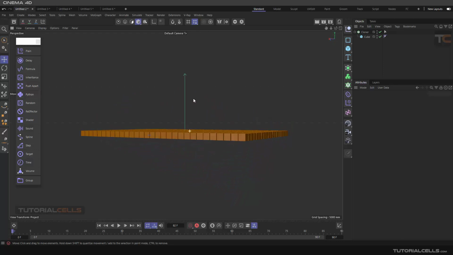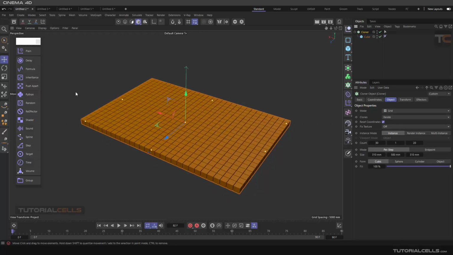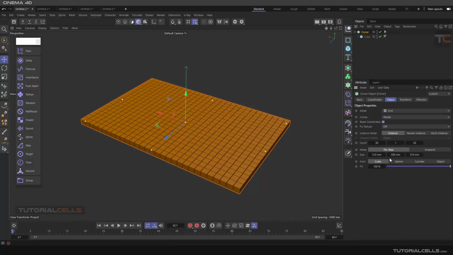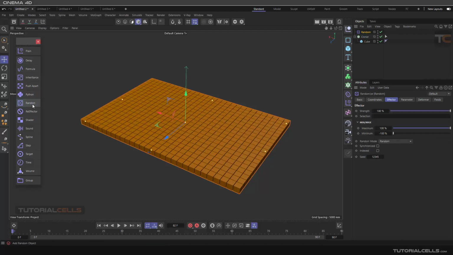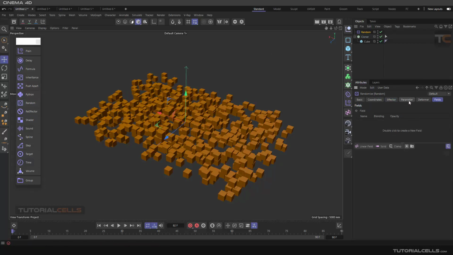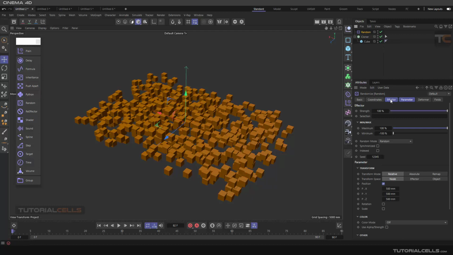As you can see, we have a cube that we clone. I say it again, if you see this video, you have to go back. I explained a lot of settings about the cloner, the parameters, and the effectors in the previous lesson. Okay, you can select the cloner and then select the random. As I said before, the random effector goes to the effector tab of the cloner, and here is the random effector